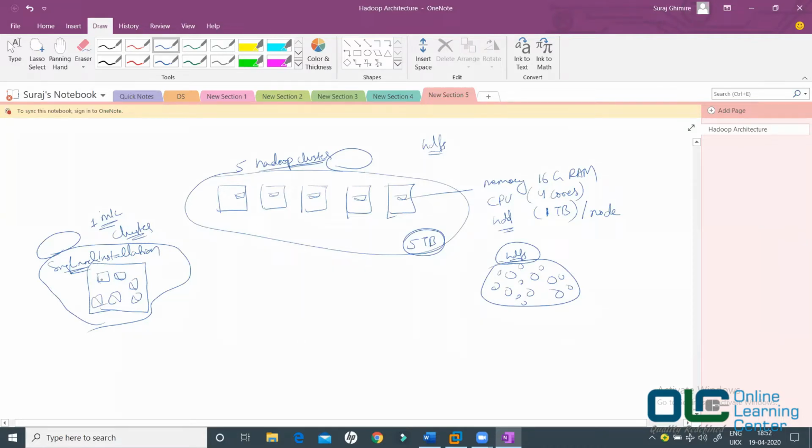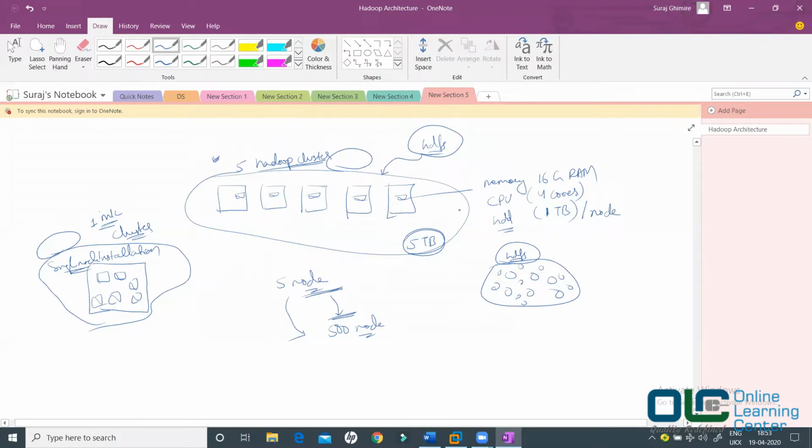What I'm trying to tell you is, if you are today working at a small company with a 5-node cluster, and tomorrow all of a sudden you go to a bigger company where they're working with a 500-node cluster, it is not something where you have to learn something extra. No, the same commands, everything would work as it is. Okay, now let's move on. So let's assume that you have created a 5-node cluster, which means your HDFS is basically a combination of all these 5 nodes.